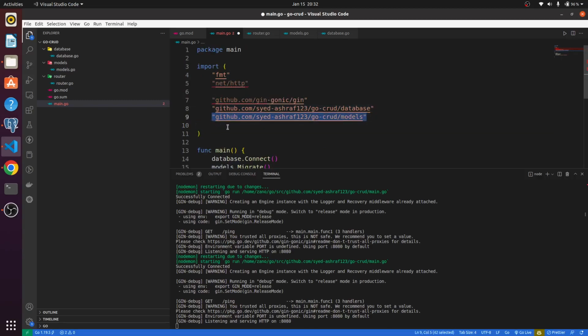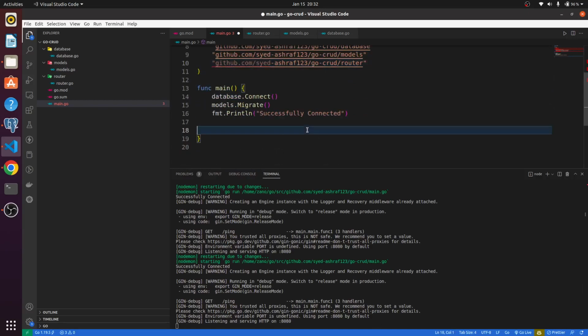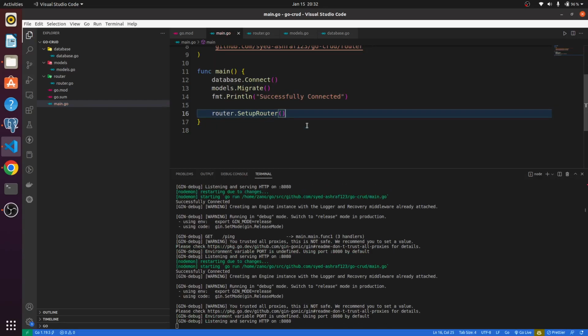Okay, yeah, now in the main.go file we'll just import the router, and we'll say router.SetupRouter. Okay, and we'll just save it. And it looks like everything's running fine here. There's no error or anything. See, it's running on port 8080,